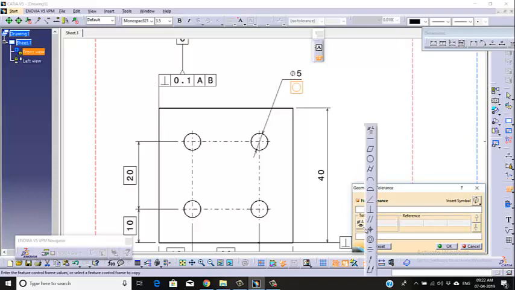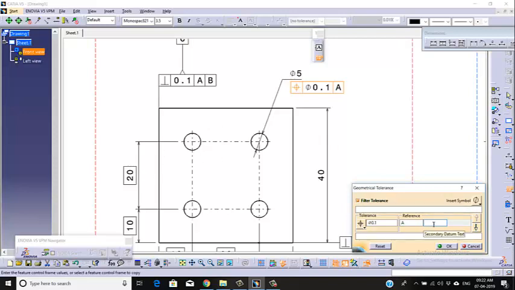Here we will go for position, and this will be 0.1, and references, since we are making this hole in our A surface, make it as A. Then from where you have taken these dimensions for these holes, either it could be BC or